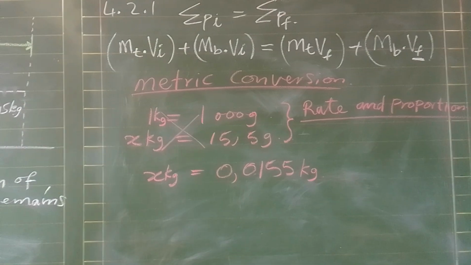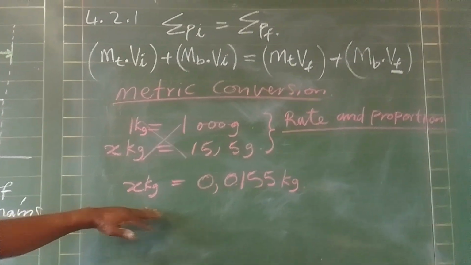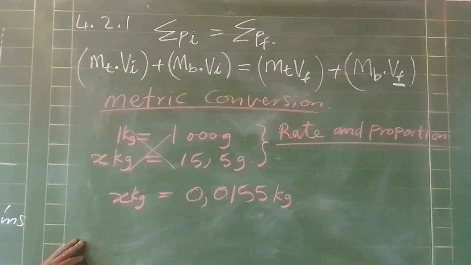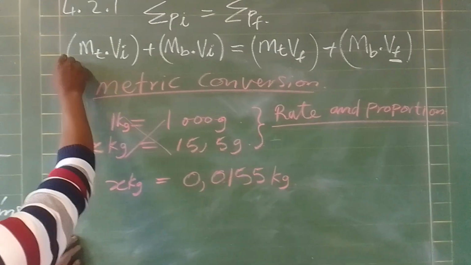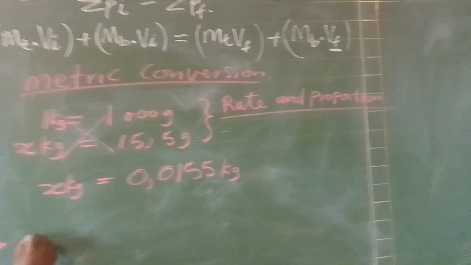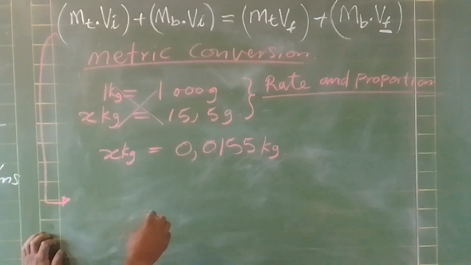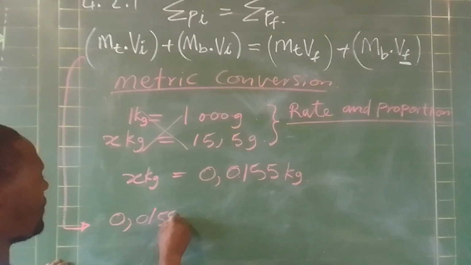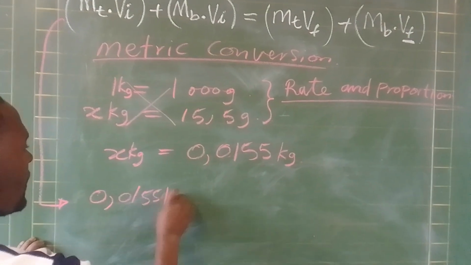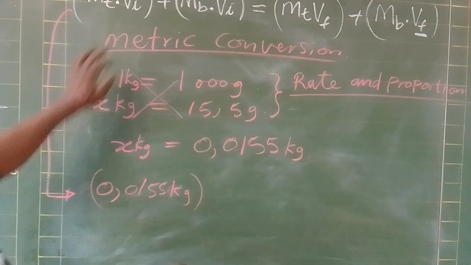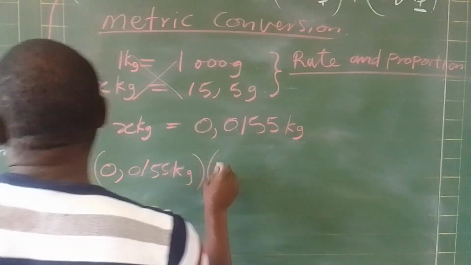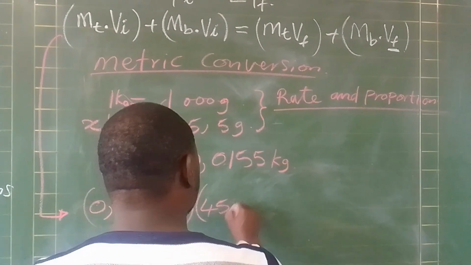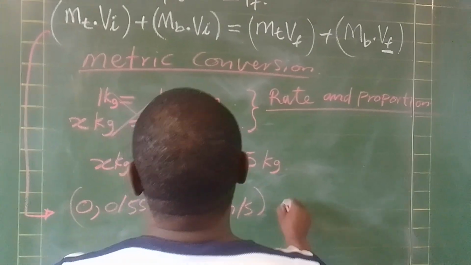I was just showing you how we arrived at this one. Now we are going to apply this mass here, 0.1155 kilograms. You multiply that by the initial velocity of the ball, which is 45 meters per second, plus,